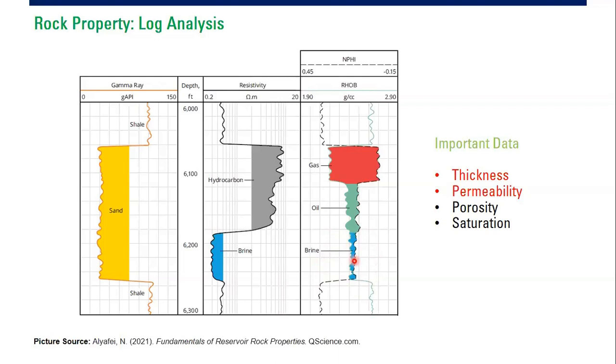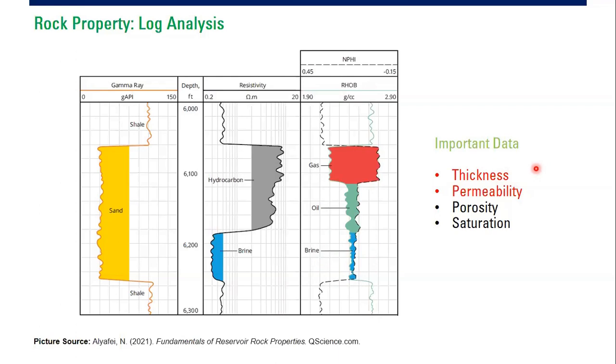Okay, so what do we get from this? By using log analysis, by deriving the result from this log analysis, we get two important data for our nodal analysis. Two most important pieces of information for our nodal analysis. The first one is thickness, right? The thickness of the reservoir, the thickness of the oil zone, or we can say net pay, the net pay that contains oil. So the thickness of the reservoir, or the thickness of the net pay, we call it net pay, all right?